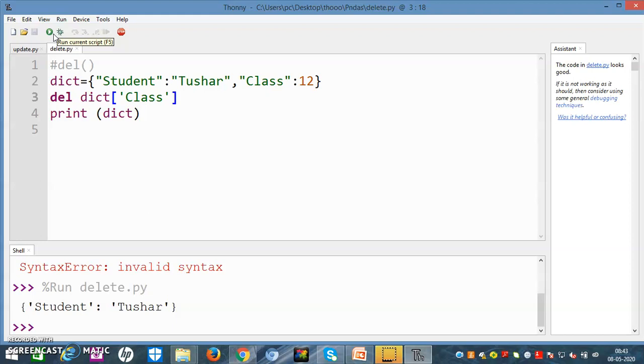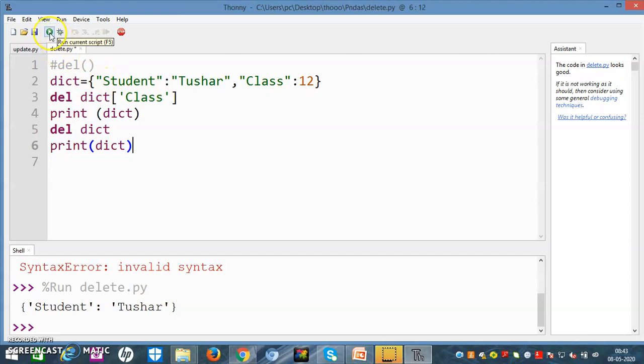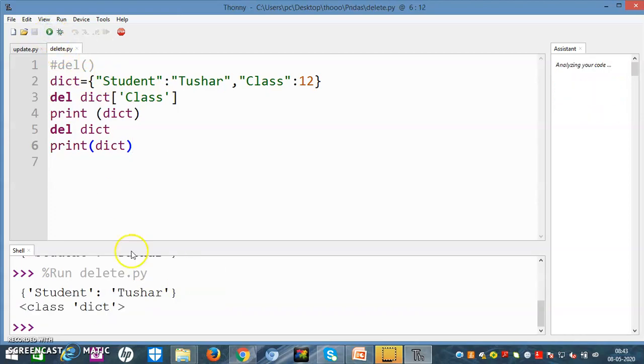Now friends, just have a brief look, because through the delete function we can remove the whole dictionary. So here I have printed the dictionary. Now what I will do: del dict, that's it. Now print. Look, my first answer is student Tushar, as this is the first answer.